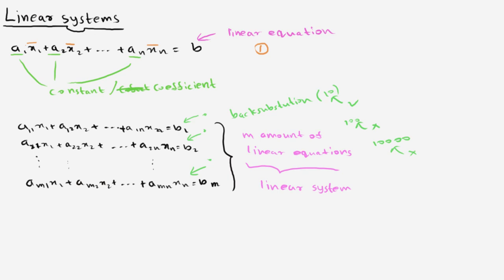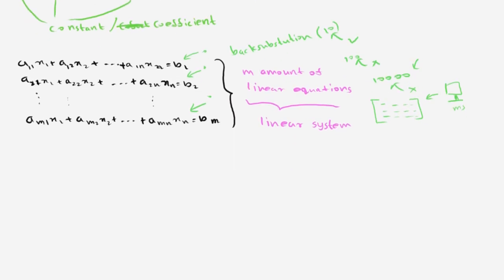In such a case, it is better to use some matrix representation to represent these as well. But of course, even if we represent thousands of equations with thousands of variables in a matrix, a human won't be able to solve it in a considerable amount of time. But we can computerize this process, so a computer can easily solve such equations in milliseconds. Okay, so now we can represent this linear system in a matrix.